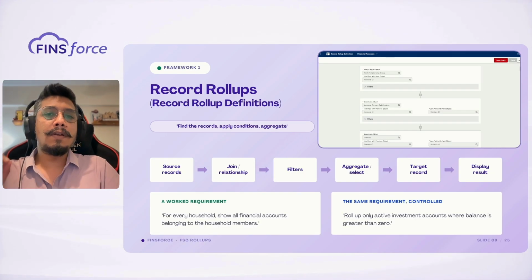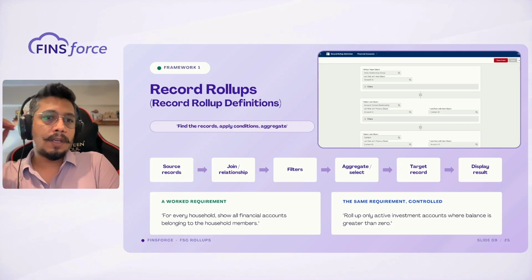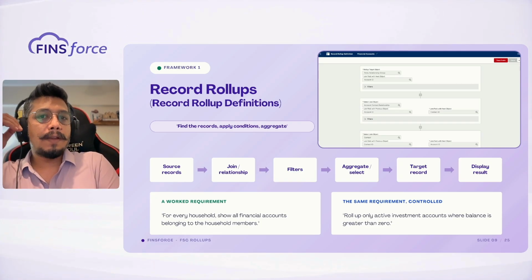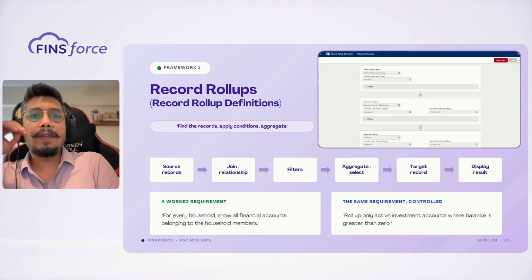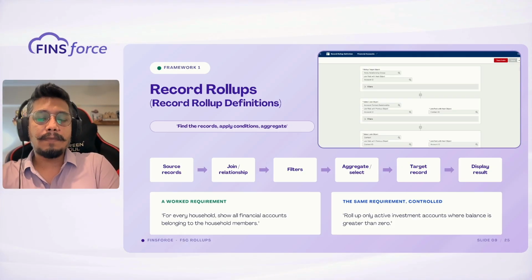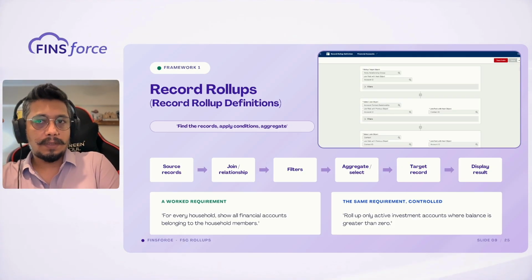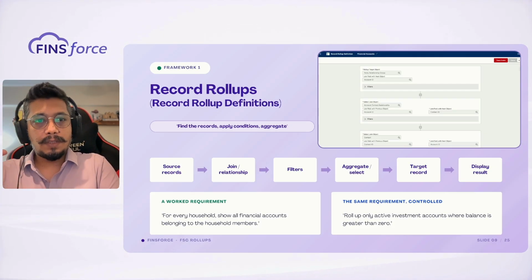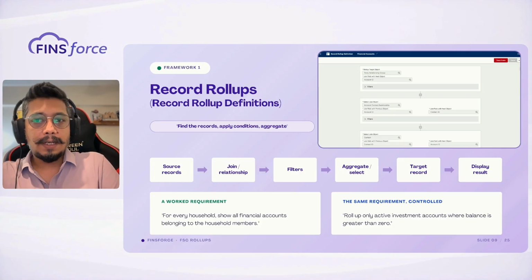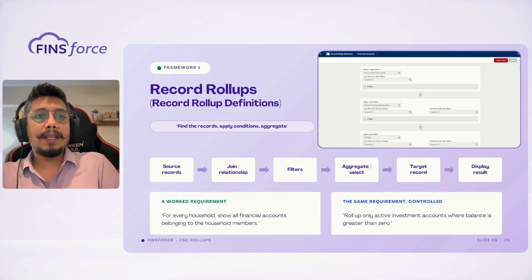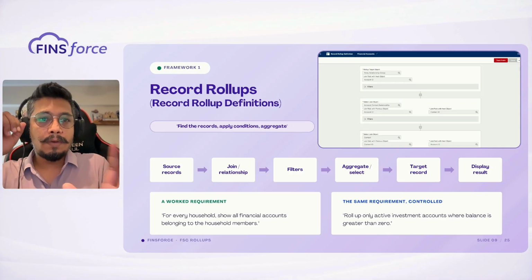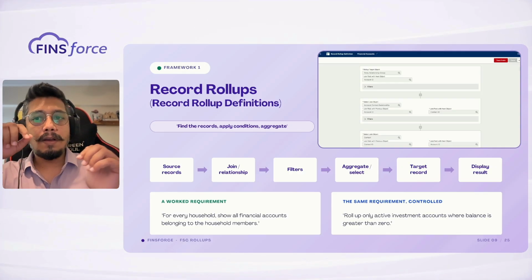Now we will go into more detail on each and every one. So starting from the record rollup, we also call it record rollup definition. What happens in this is that first you will identify the source record. Then you will identify how this source record is connected with other records. Then what are the filters I need to put? Then what are the records I need to aggregate and show on the target record, and where I need